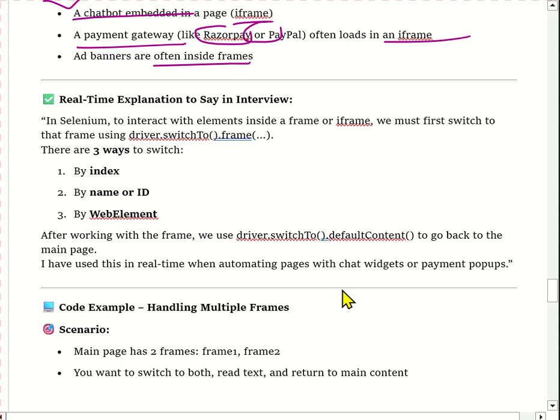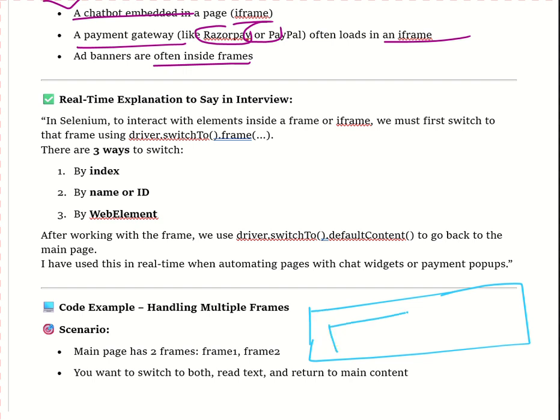Now the code example, handling multiple frames. Handling multiple frames means the main page has two frames, like frame 1 and frame 2. This is the main web page, and this page contains multiple frames, frame 1 and frame 2. Now we want to switch to both, here and here also.